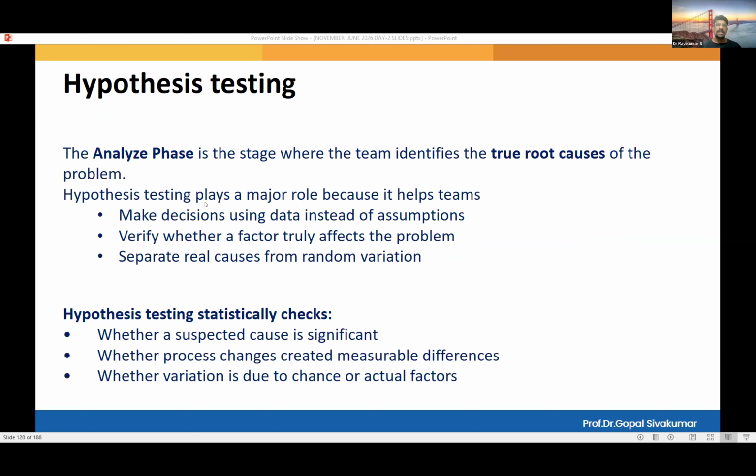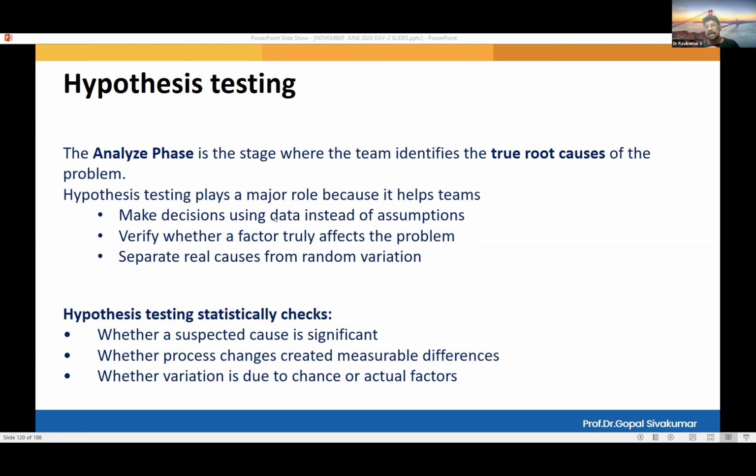So now, what is the role of this hypothesis testing? See, it makes decisions based on data, not based on somebody's talent, expertise, experience, historical approach. So you make decisions purely based on data. The doctor will not say, "I have 25 years of experience, so I am sure you have cancer." Would any doctor say like that, guys? No. Based on the test input, that is data. The doctor is following the hypothesis testing. Same thing, making decisions using data.